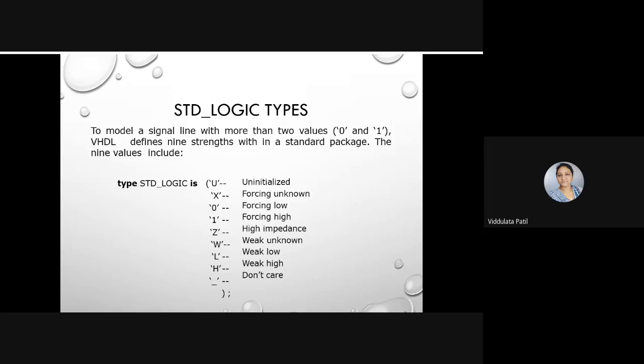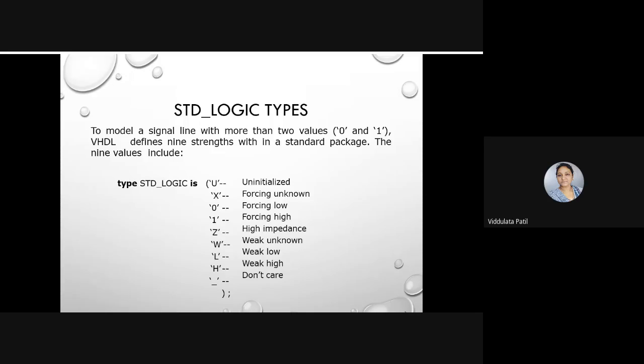Then another data type, that is std_logic type. So to model a signal line with more than two values, we can use this type of data type. Here std_logic has 9 different values. Whenever we mention the data type std_logic, it may have 9 different